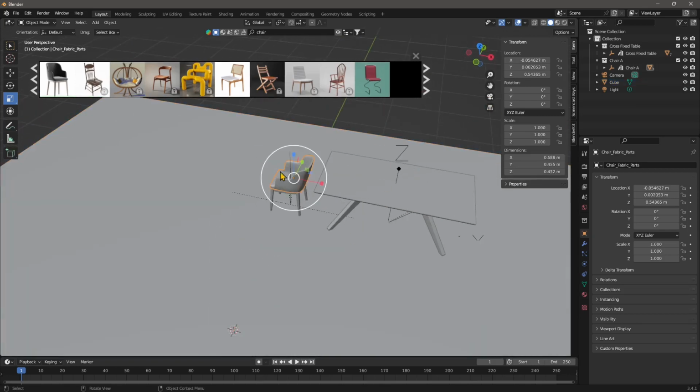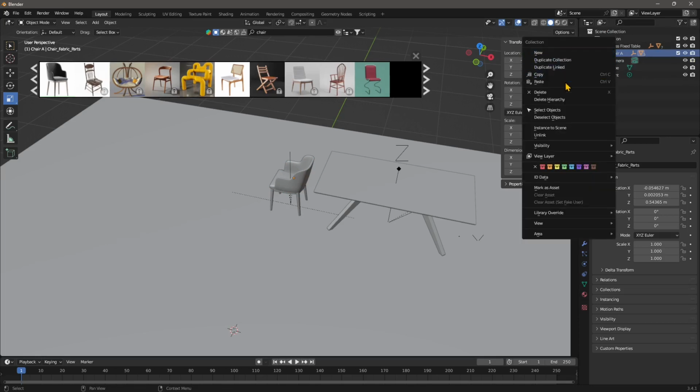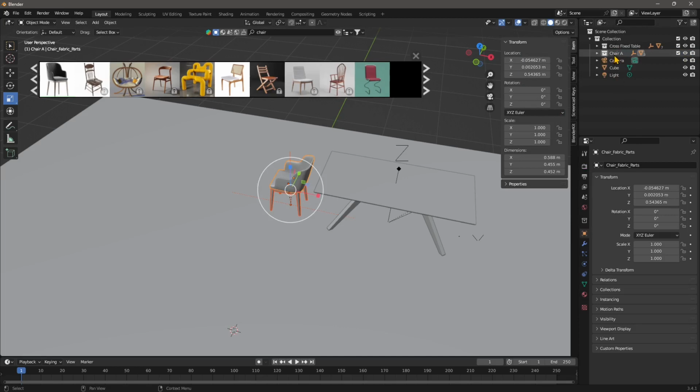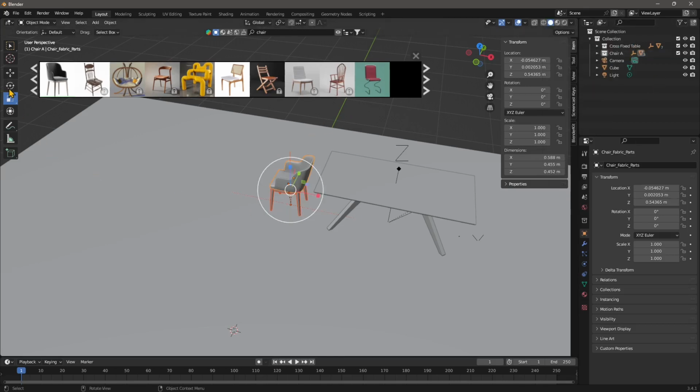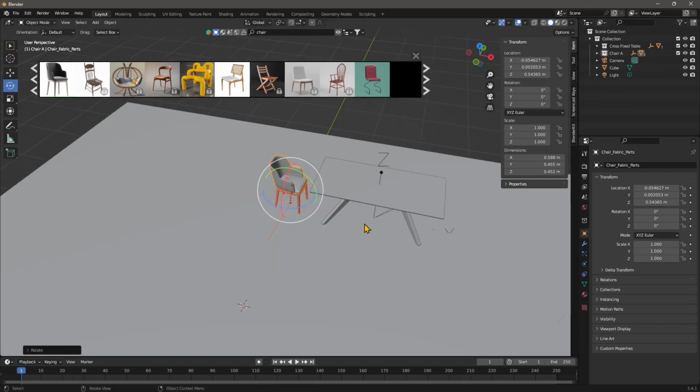Now if you select the object, you can see here you have everything organized into collections, so basically into groups. So this is the chair right here, and if you want to take everything that is in this group, you can right click and say select objects. So you're going to select everything, or you can also deselect objects. So you can do it the other way, and then we can rotate the chair like that, so it's in front